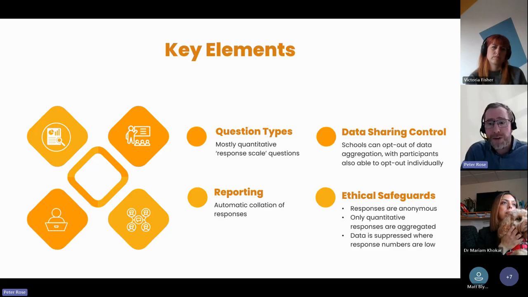There's certainly no compulsion, no requirement for individual responses to become part of the overall Skip Alliance data set. And I mentioned some ethical safeguards within there as well.